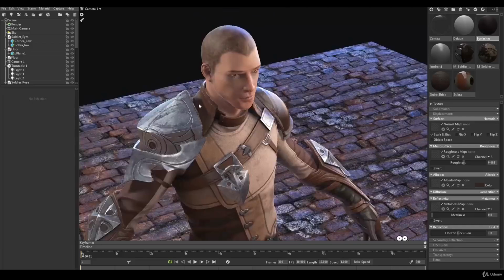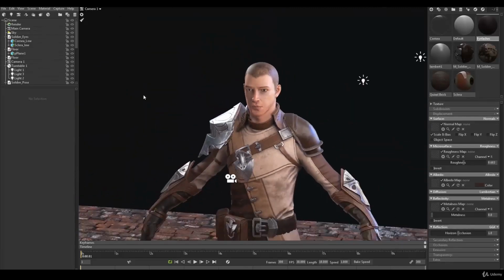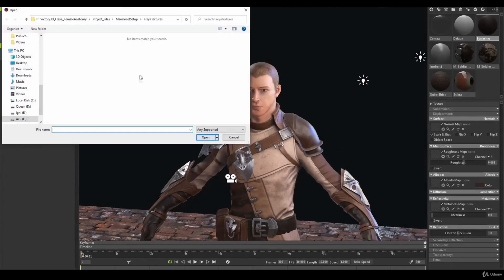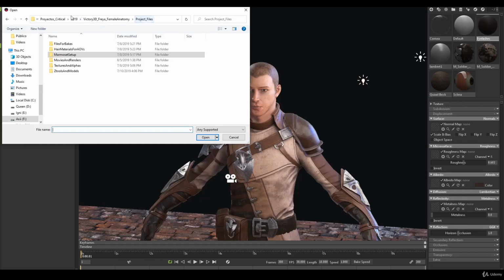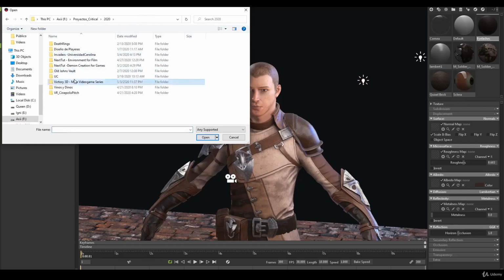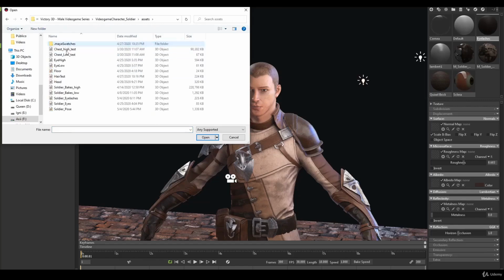Now, you do want a nice lighting setup for your hair because otherwise it's not going to show, right? So in this case, I'm going to import the model from our project files. Oh, that's the old project. So let's go to our new project, this one right here. And I believe we have a